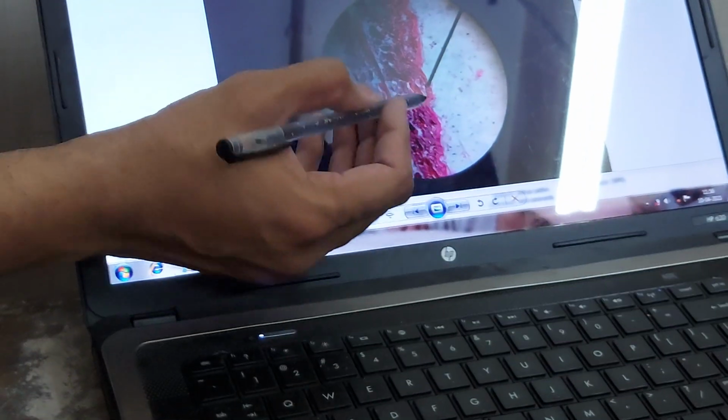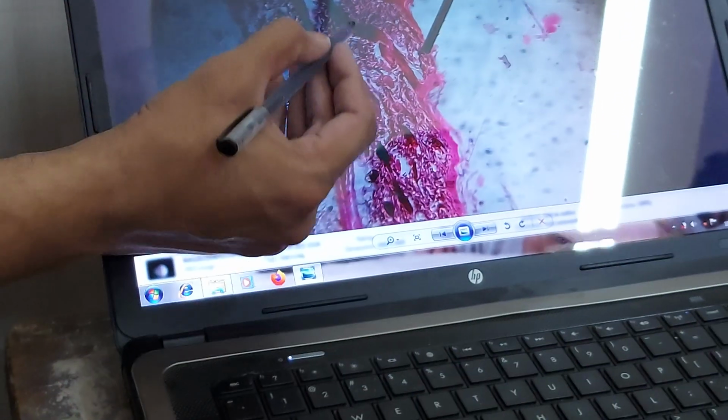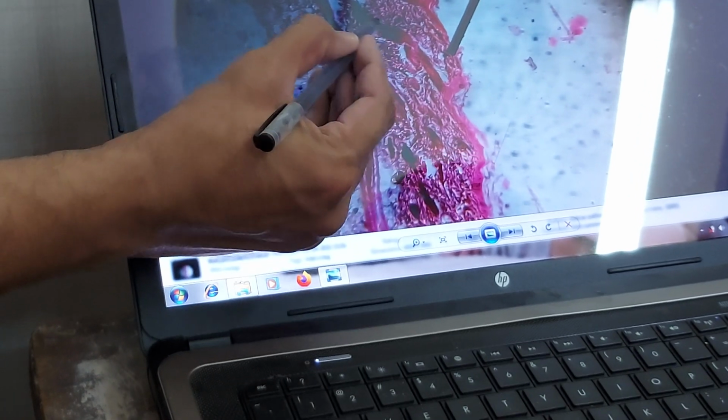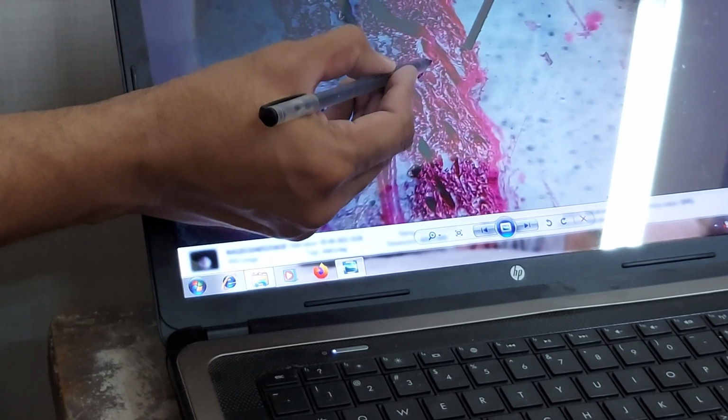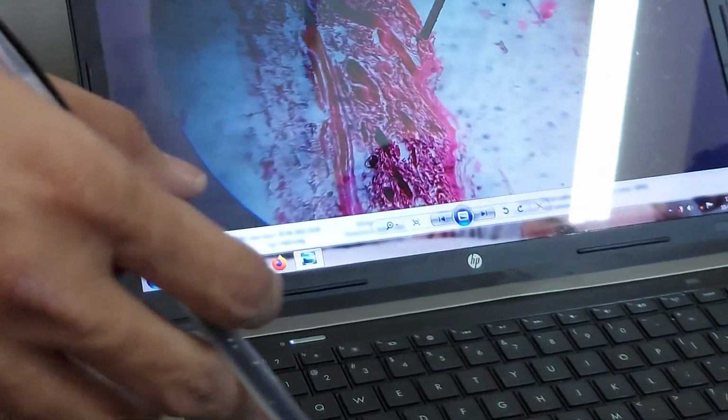And one more. Here, if you focus, this is the hair follicle. You can see a vertical strand over here, and this must be a sebaceous gland. These are the things you are supposed to identify in the cells.